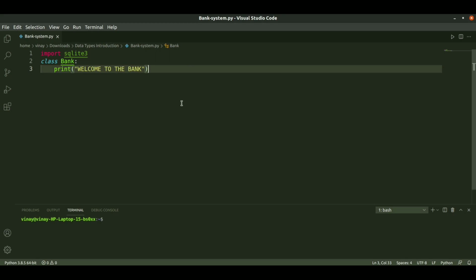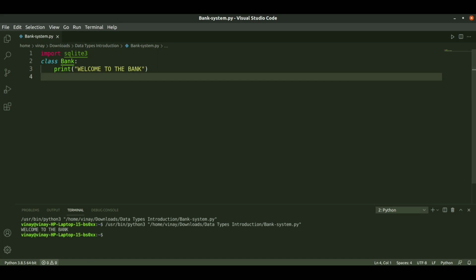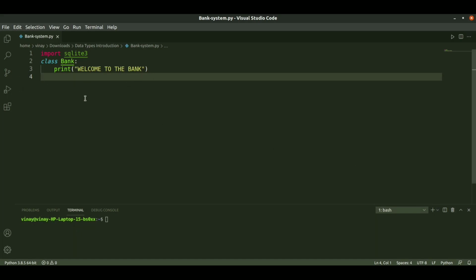It is just like a message, and when we run it, we will get the message welcome to the bank. It will display the message whether we call the class or the method or not.